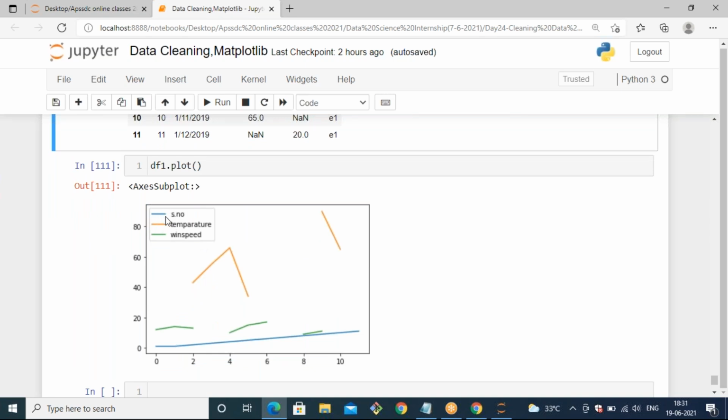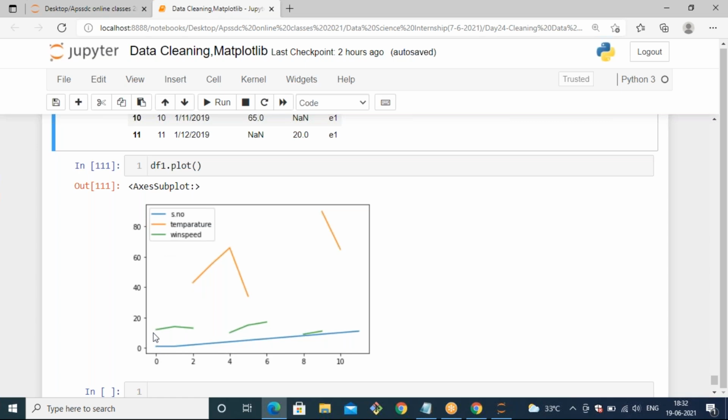You can observe that it automatically generates legends, which show what each color signifies. Here the sky blue color signifies the serial numbering. The serial number increases step by step, like 0 to 12. The temperature does not follow the order; it starts at 34, increases to 65, and at some point is 42 or 43. That is how it generates.